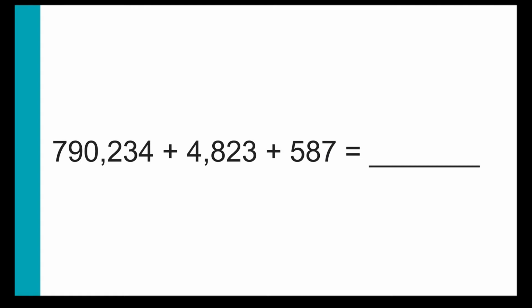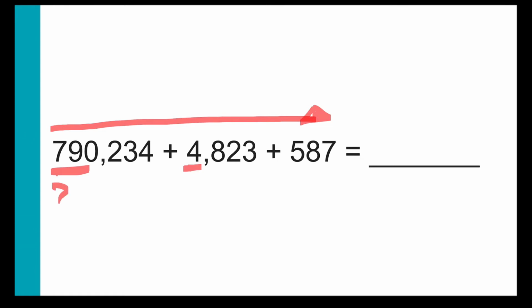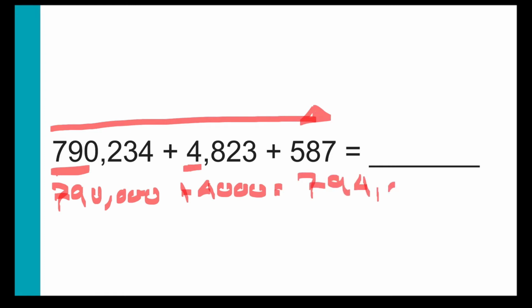Okay, with these big ones, you could do the same thing going this direction. All right, you start with the thousands. These are the only two thousands, so you'd go 790,000 plus 4,000, which would give us 794,000. Okay, so we did that, we did that. Now we're at the hundreds. So you'd start with 794,000